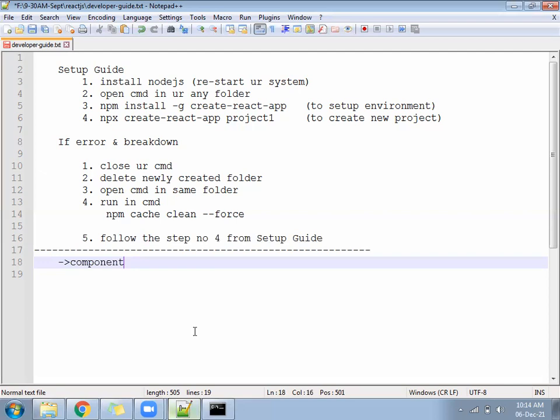In React, from now onwards, whichever file you are going to create, all the files will be .js. We can create a CSS file also, but we will install Bootstrap, or use the one CSS file already there. For all the remaining functionality, you have to create separate files. Suppose you need a login page, register page, home page, contact page, product page. Whichever file you create will not be .html, it will be .js.